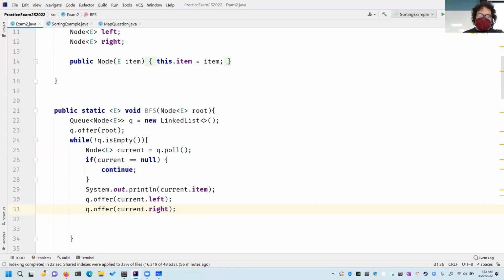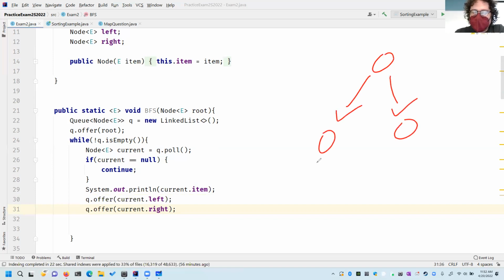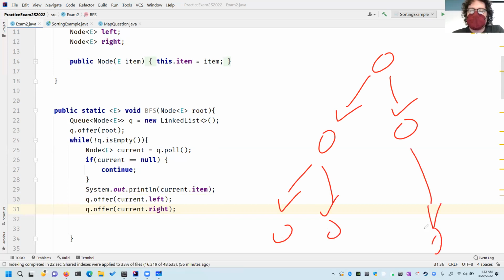Now if I have a binary search tree and I have this node, this will get added first, and then I'm going to add this child, then add this child. So this will be the next child in the queue, and it will say add this child to the queue, and then this child to the queue. This will be the next thing in the queue, so it's going to process next, and it's going to say add